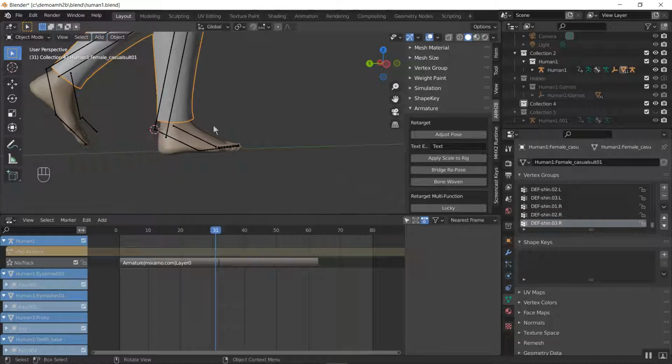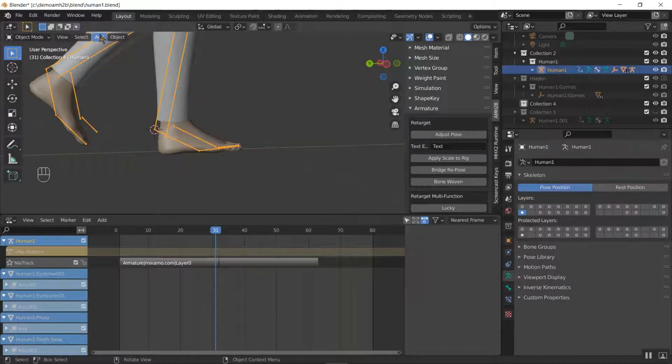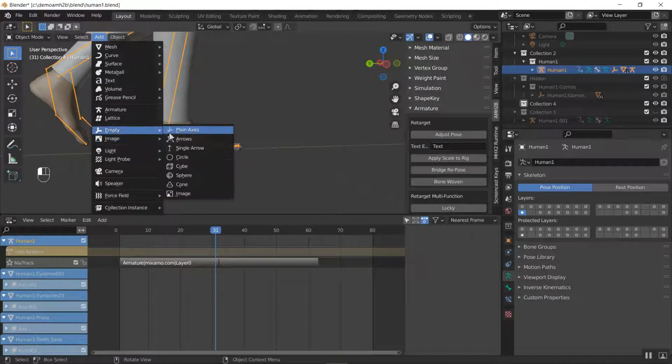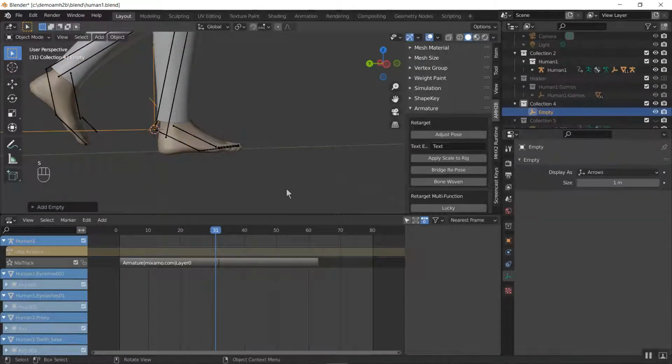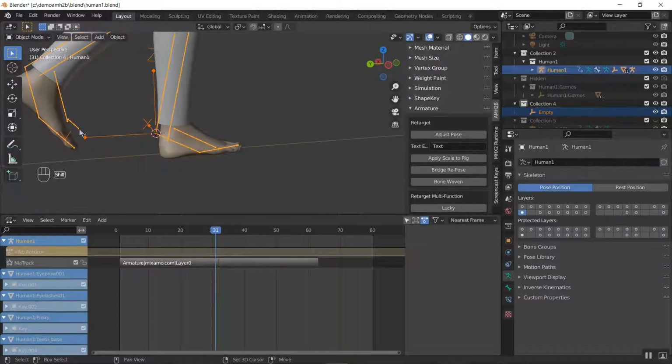an empty. Scale it down a bit to make it easier to work with. Apply scale. Make sure I do that. Make sure the armature is selected second. Now I can